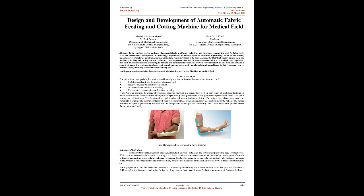labor work. With the tremendous development in technology, dependence on manual work is decreased significantly. Some of the leading manufacturers of material handling equipment and industrial machinery from India are recognized for their high-quality products. In this machinery, feeding and cutting machinery also plays an important role, and modernization and new technologies are required